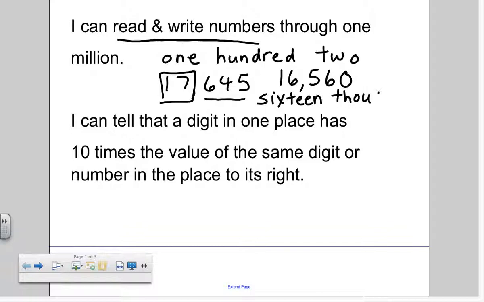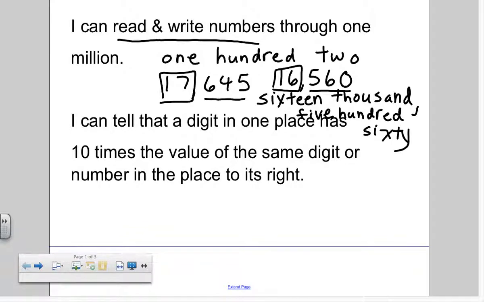16,000, comma, 560. Again, say 16,560. Our other I can statement this week was, I can tell that a digit in one place has 10